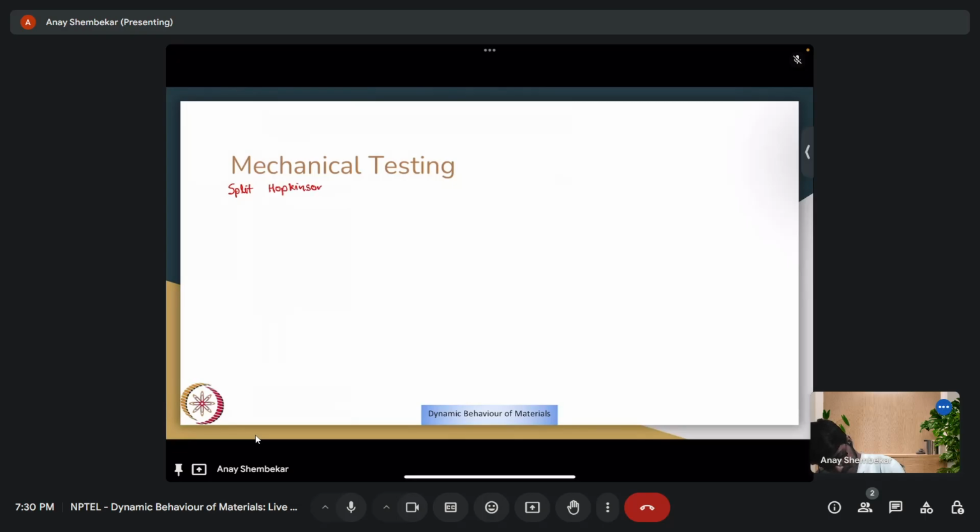Pressure bar. It's particularly useful for epsilon dot varying from 10 to the power 2 to 10 to the power 4 second inverse, and its basic configuration is that related to compression testing. So you have a striker bar which moves ahead with some velocity v. Then you have the incident bar,